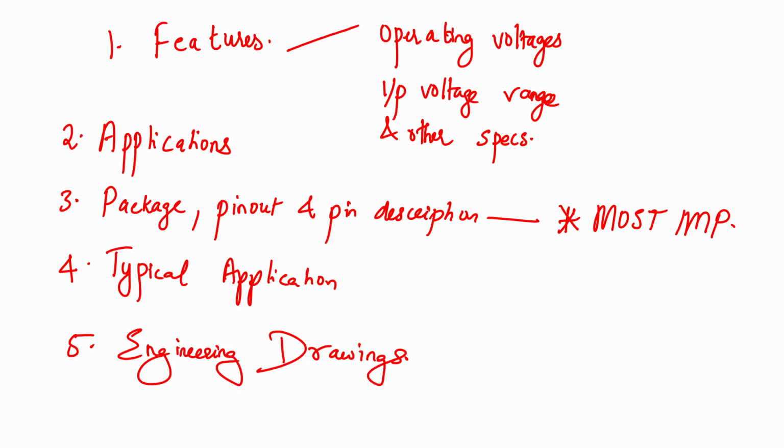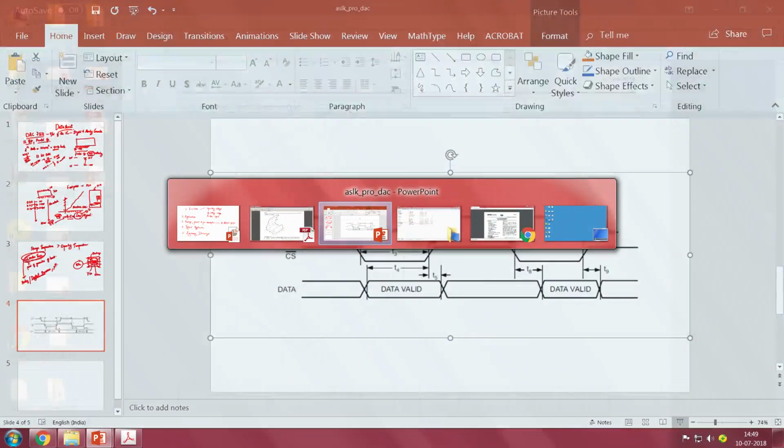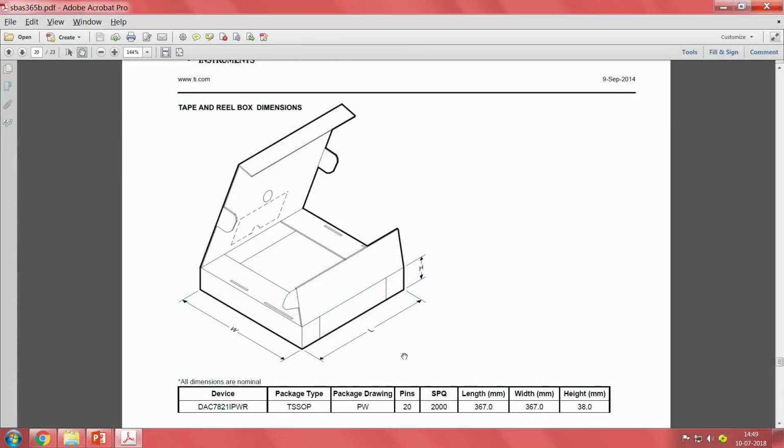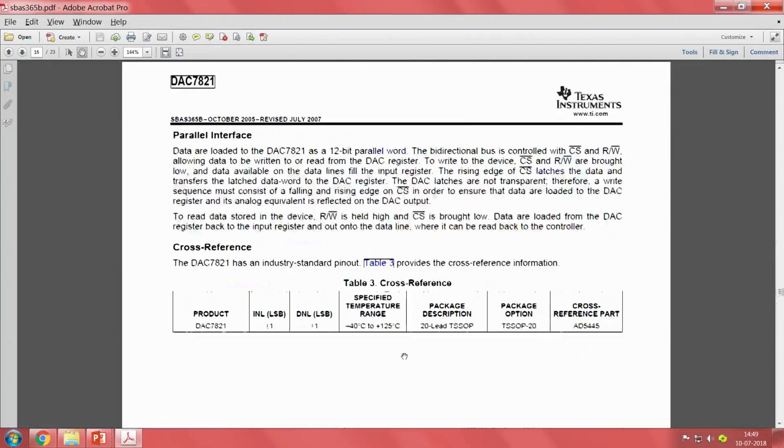Open any datasheet, you just need to go through these things, and then you can immediately either debug the circuit that you have in your hand or start going ahead and making a PCB on your own. So with these 5 things in mind, let us just quickly go through the datasheet again in under 2 minutes. Okay. So what all are there?